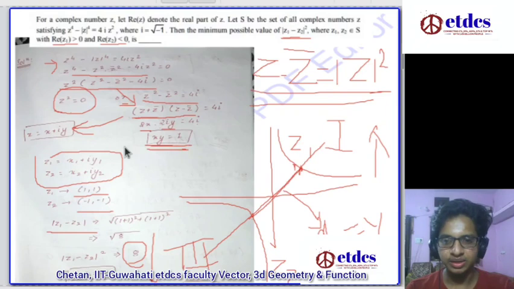Then most of the students can come over here and then they don't know what to do. So basically we had to draw this graph where we interpret this in terms of geometry, and then looking at the conditions, x is equal to y and xy is equal to 1, we get the points for the minimum distance, that is mod of z1 minus z2. We see the minimum distance will be when z1 is (1, 1) and z2 is (minus 1, minus 1). Then we proceeded.